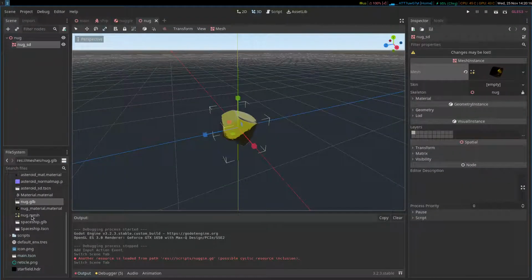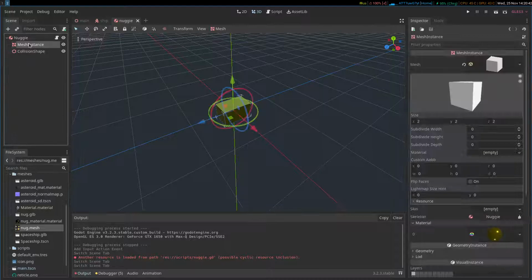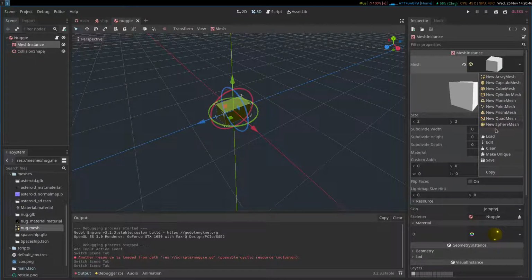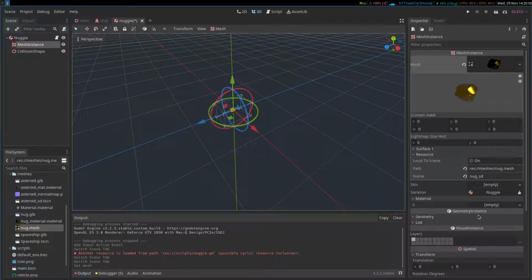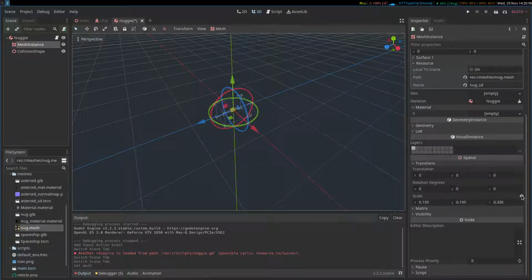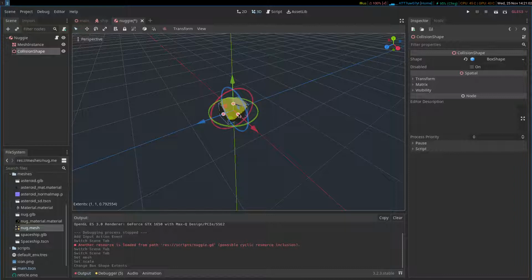And now down here in my Explorer, I have this nug.mesh, and obviously the file extension here is not a TSCN, which might be a little confusing because this is just this asteroid TSCN. This is just a mesh, but it has the extension of a scene, whereas this is just a mesh and it has the extension of mesh, which makes a lot more sense. So let me close the GLB here, go into my Nuggy rigid body and go into the mesh instance and load the nug.mesh, and it even has a little thumbnail. Boom. Oh, and then I need to reset the scale